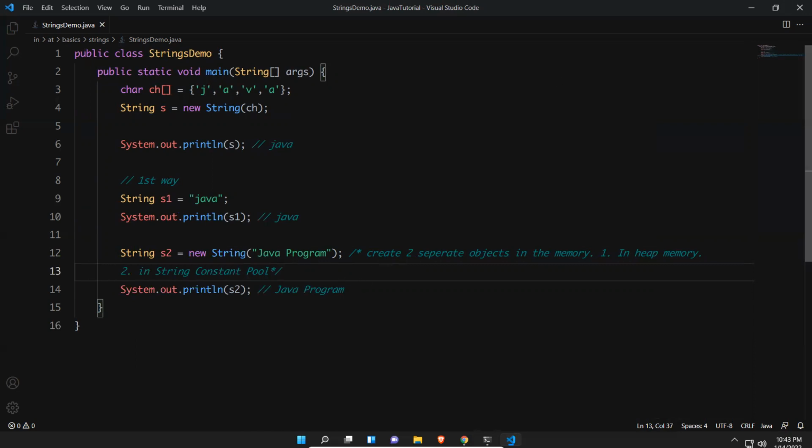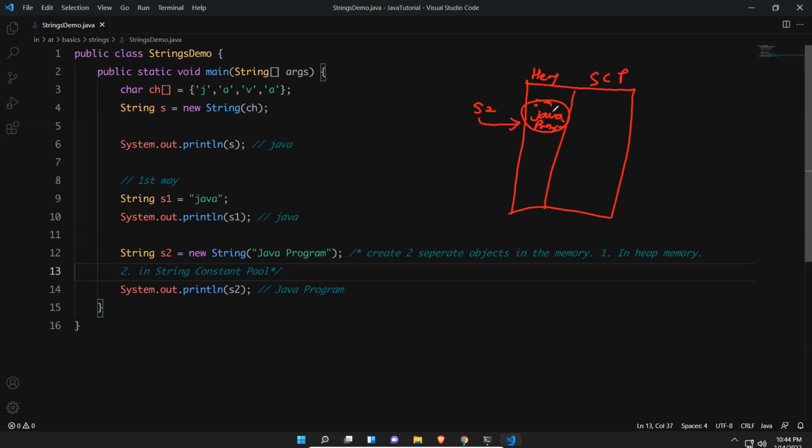I'll take an example and show you. In memory, something like this, just an example: this is the heap memory and this is the string constant pool. The moment you create an object, it will create Java program here in the heap memory, and s2 will point to this.